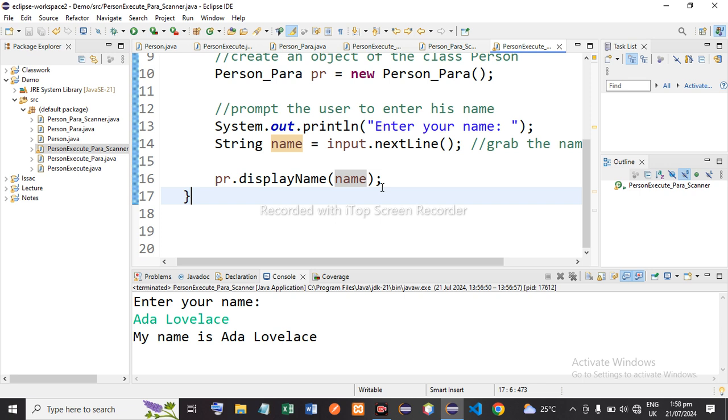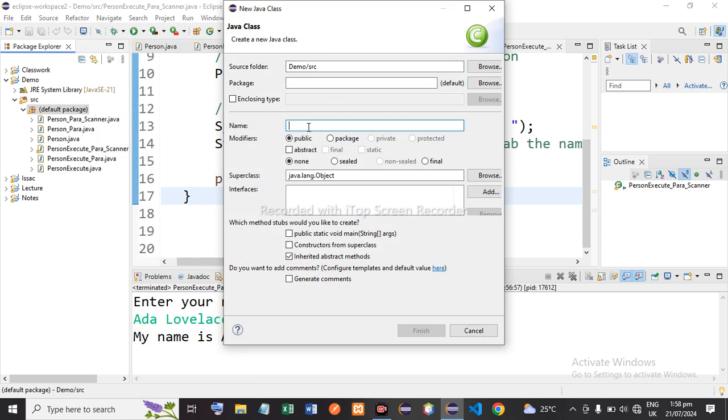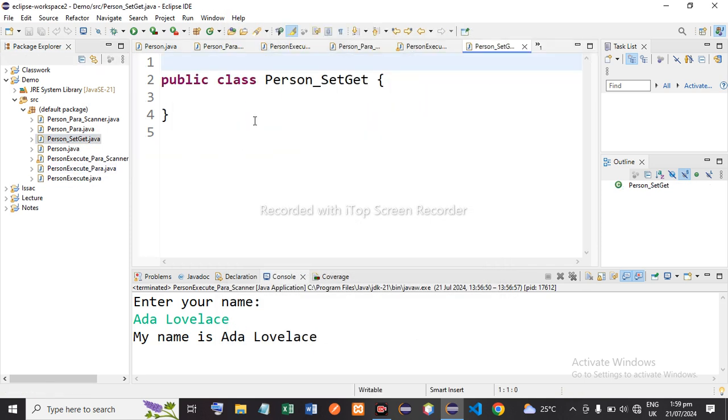We'll continue with our person analogy. So let's create a new one. Yeah, let me just create a new class called person set get. Okay, it's funny, but let's just have that name. So to have set and get methods, we want to have, instead of this name we had here,